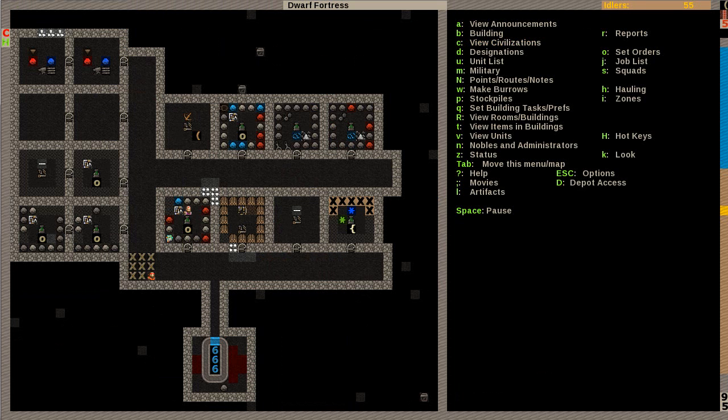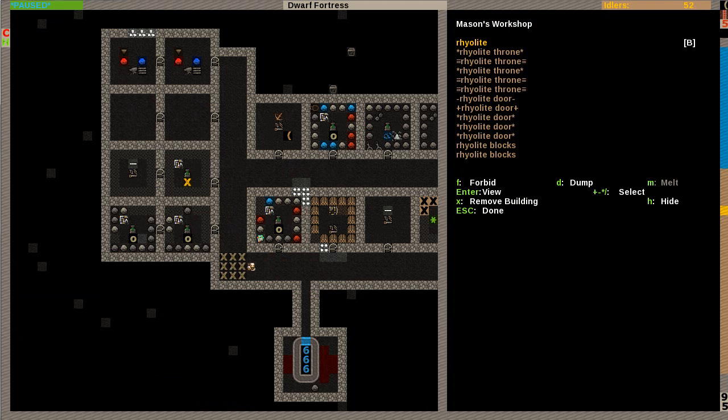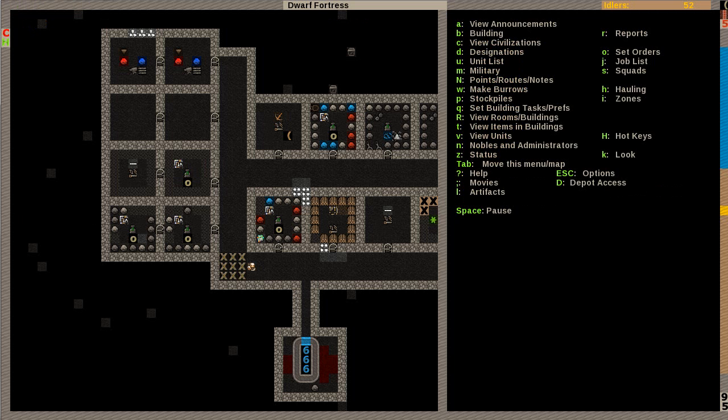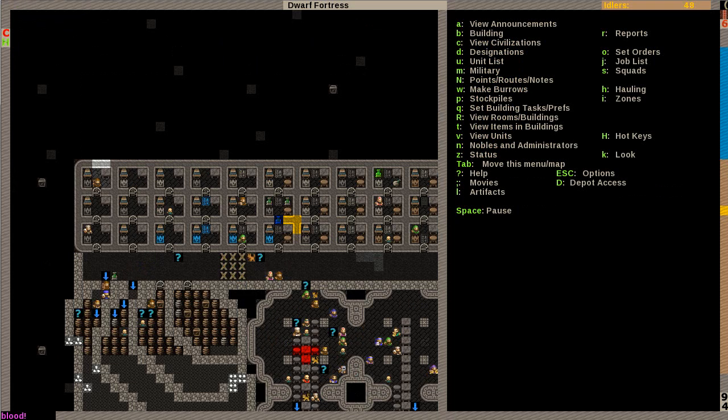Right, they should all be doing things, because... What is that flashing there? Is it a masterpiece or something? Or is it just somebody... I don't know. Maybe it is. Masterful coffers there. So, yeah, we got a lot of furniture to be built, so I'm actually gonna...